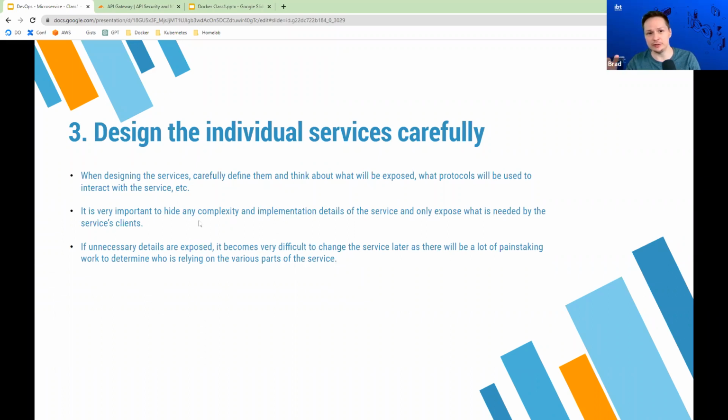Call our drivers API and it's going to give you a list of all the available drivers. Something simple like that. You want to keep it very simple. If any unnecessary details are exposed, it becomes very difficult to change the service later, as it'll be a lot of painstaking work for people that are relying on it.